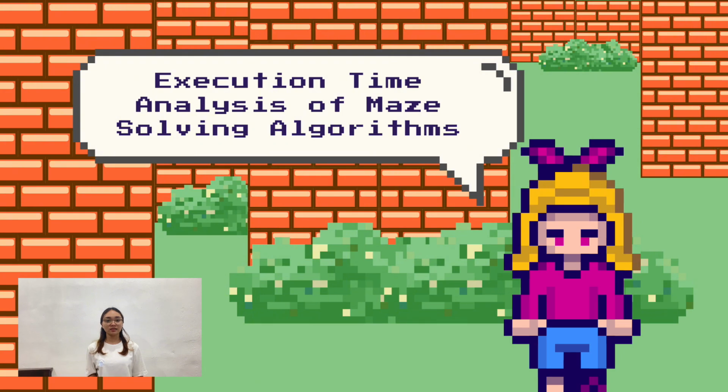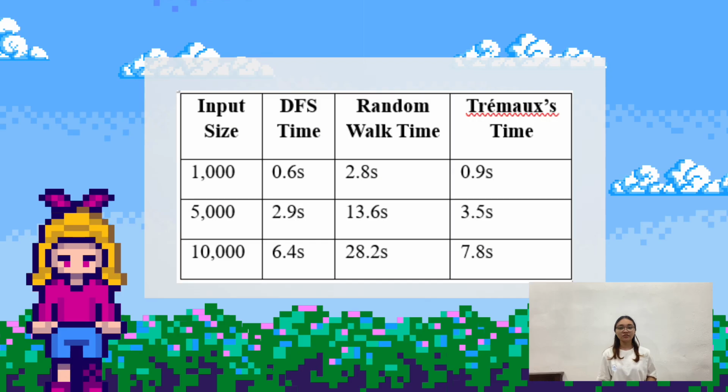Let's delve into a comparative analysis of Tremaux's algorithm alongside 2 other popular maze-solving strategies, depth first search and the random walk algorithm. This evaluation highlights their execution times and overall efficiency when applied to mazes of increasing complexity. In relatively simple mazes containing 1,000 paths, DFS proved to be the fastest, completing the maze in just 0.6 seconds. Tremaux's algorithm followed closely behind with a time of 0.9 seconds, while the random walk method lagged significantly, taking 2.8